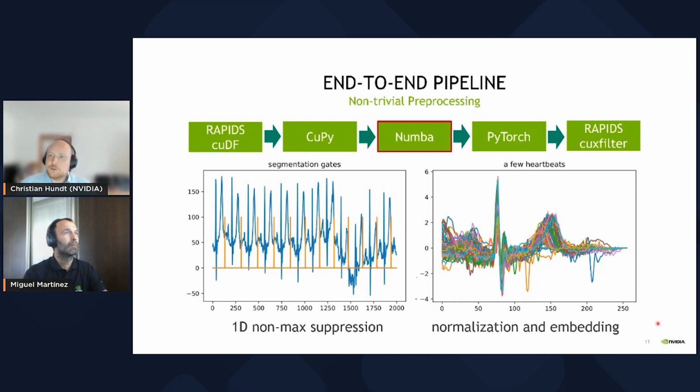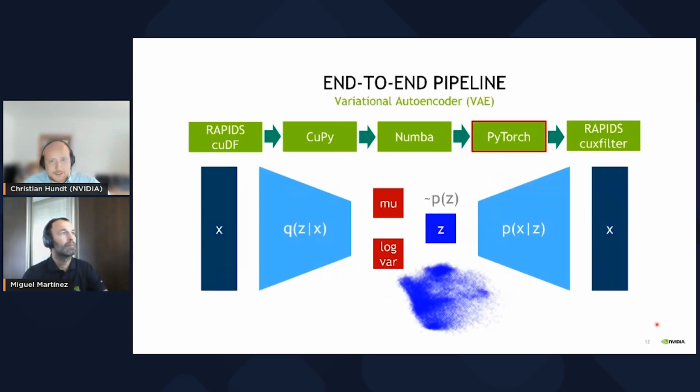Well, and now we have a huge data matrix of 100,000 heartbeats, and we would like to train a variational autoencoder in PyTorch. And this is what we do here. This is a vanilla variational autoencoder as proposed by Kingma in his PhD thesis. It's basically a normal autoencoder with the exception that in the latent space in the middle, you enforce that the points are distributed according to a prior probability distribution. In this case, it's a Gaussian. So we're compressing a heartbeat of length 250 to a 2D point in the plane, and you basically see a scatter plot, which are ordered